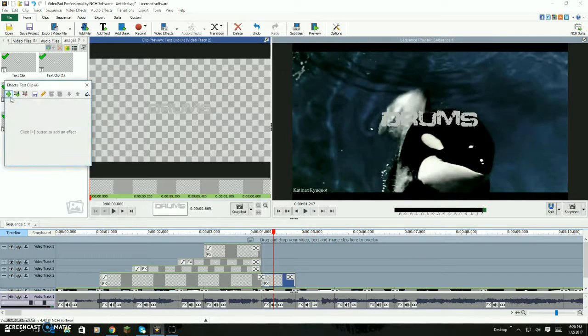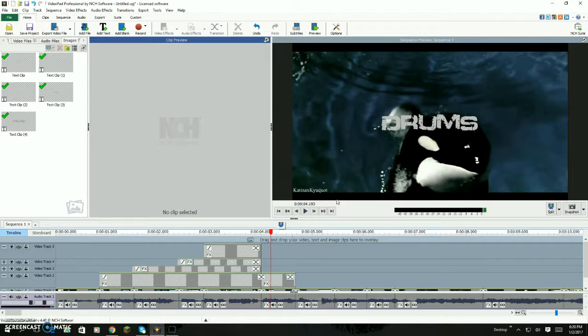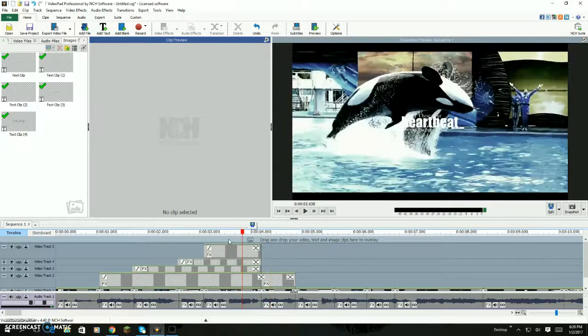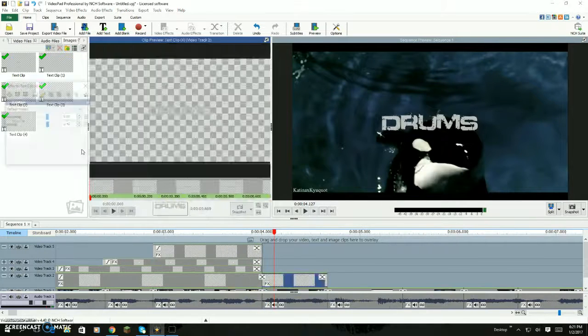When my VideoPad glitches out, sometimes it won't make the text centered necessarily. So I'll have to just go into position and center them again. So what I'm going to do with this is, I don't know if you've ever seen it on my videos, but some of my lyrics have a certain glow to them. Like the words are glowing, literally. So how I do that is I have